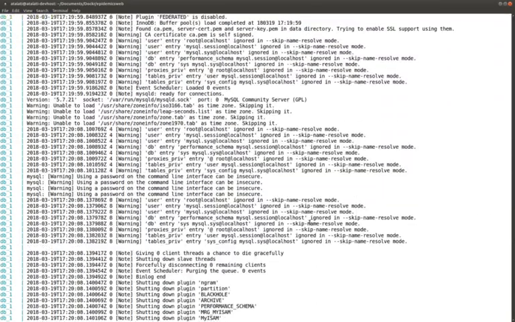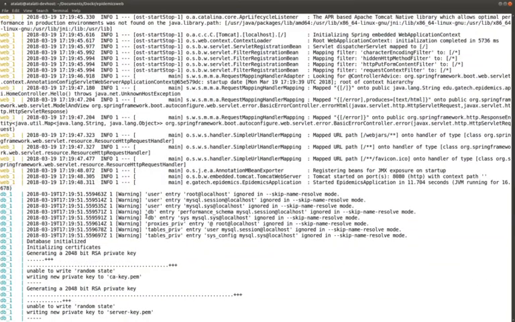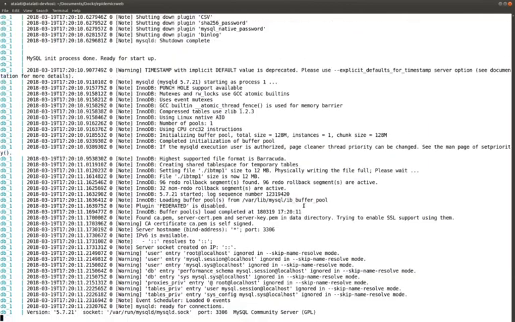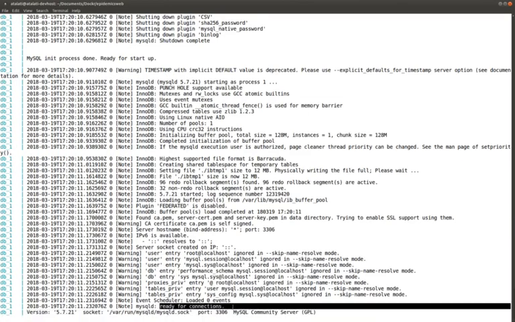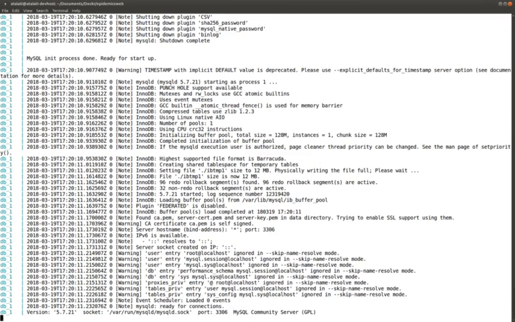And at this point, this is what I care about. Tomcat gets started on 8080, and my application has been started. At the same time, my port is open for 3306, and it's ready for connections. That's great. Let's switch over to our